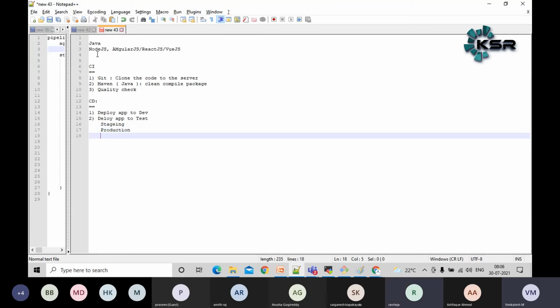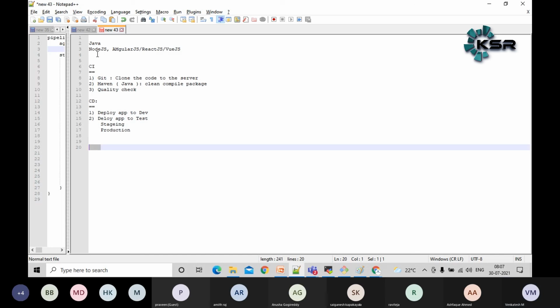Whatever you have created, once you've done the compilation and package, in the package section we'll get some .jar file or .war file. A war file can be deployed in Tomcat or WebLogic. A jar can be run directly, guys. Whatever final package came, that is also called an artifact. Different terminology will be there. Here, this can be saved anywhere.